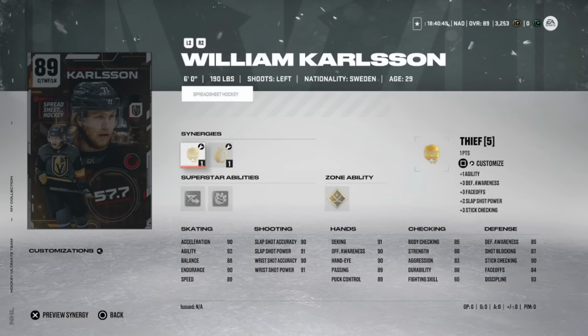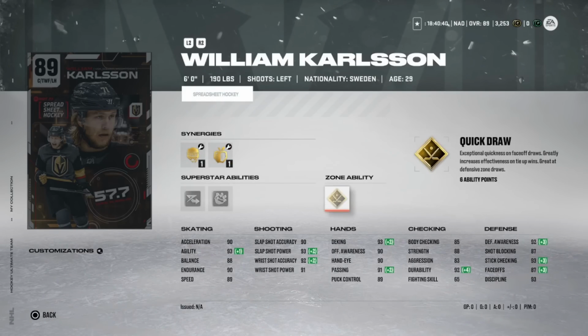Then we've got the 89 of William Karlsson from the Vegas Golden Knights with Thief and Applesauce. He does have Distributor, which would allow his acceleration to get up to 91. Gold Quick Draw and Silver Elite Edges. Now, he's only 6 foot 190, and his skating is not all that impressive, but I need to make it